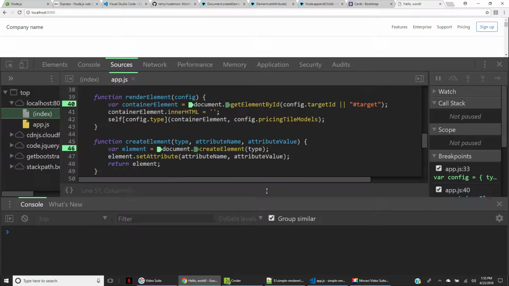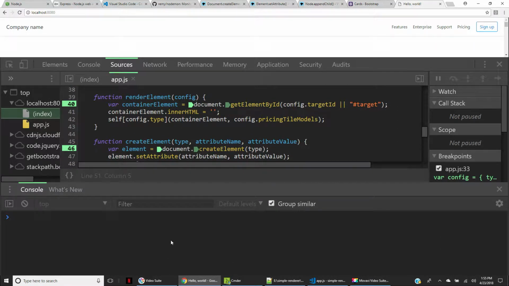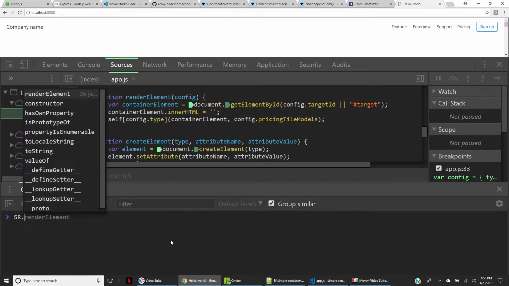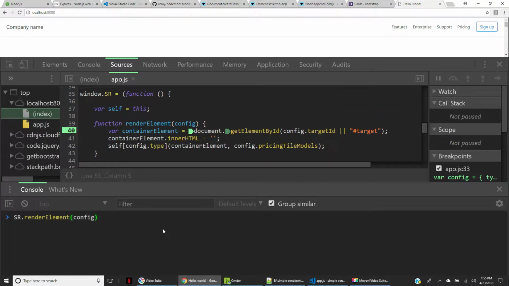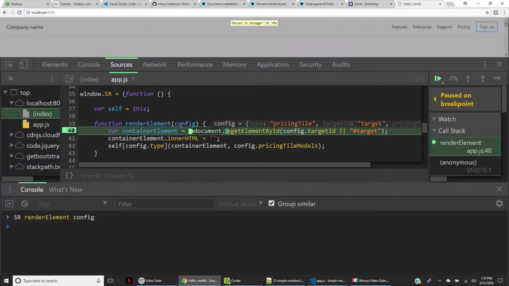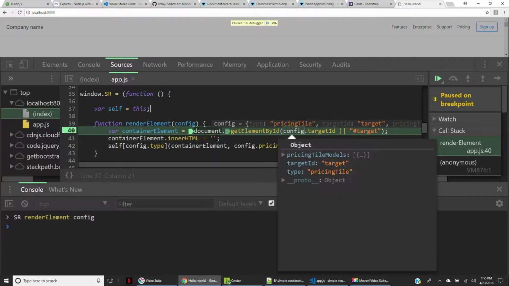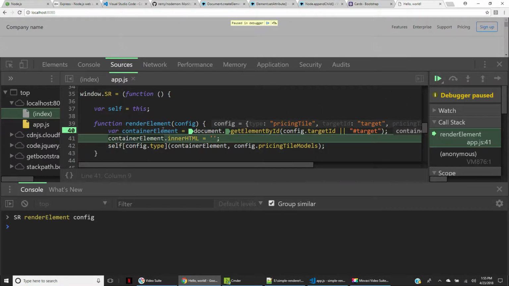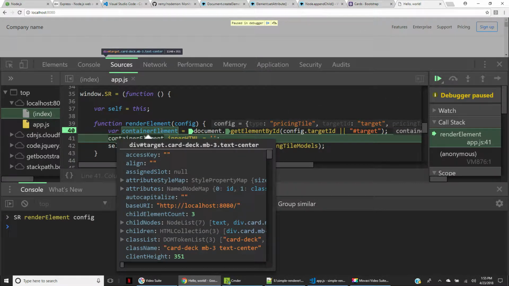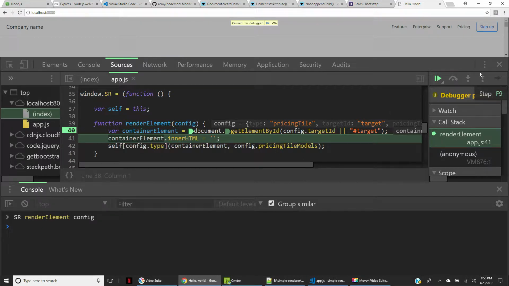Now we can come to the Chrome console here and say sr.renderElement(config). Okay, so our config object is passed into our render element function. We see we have config.targetID. That will allow us to get a reference to this container HTML element, and it is the card deck. Then we will